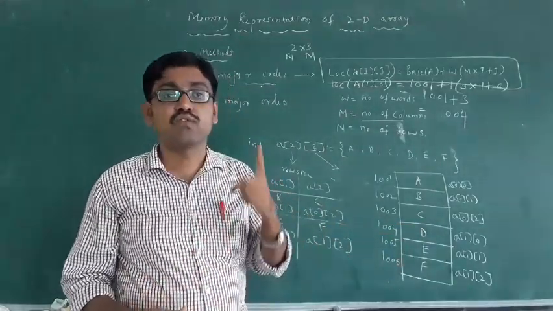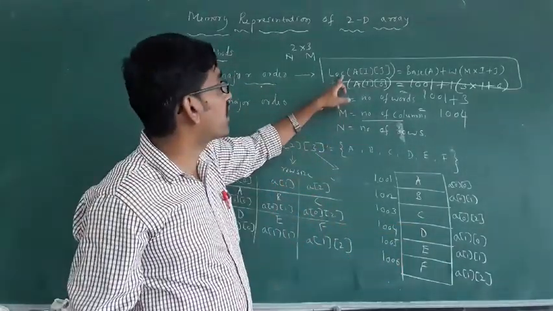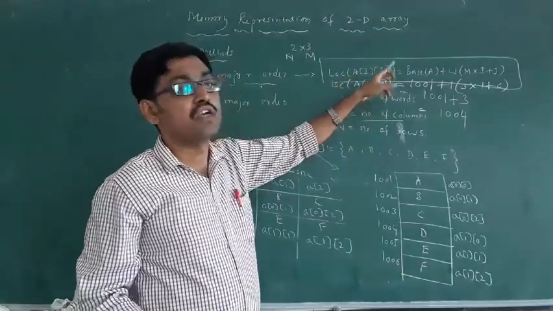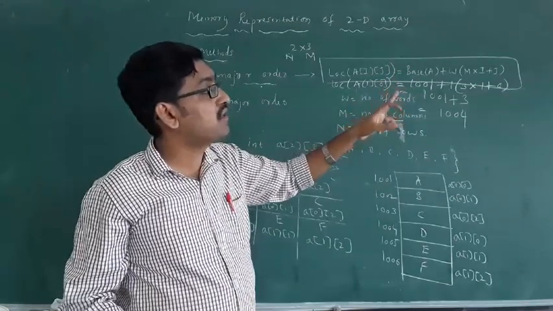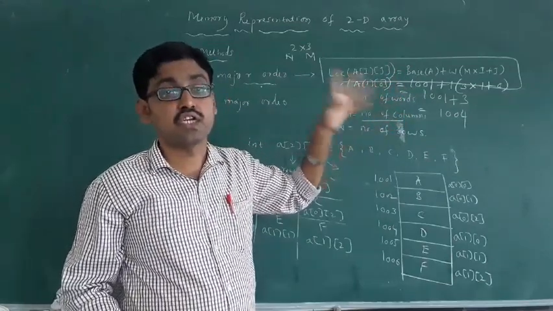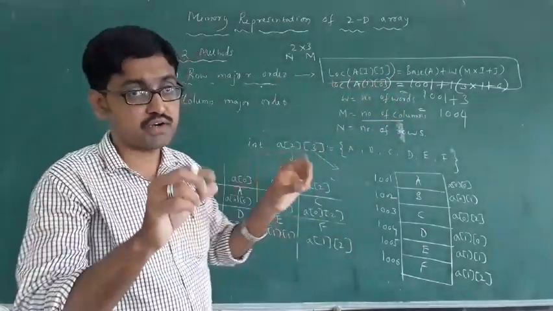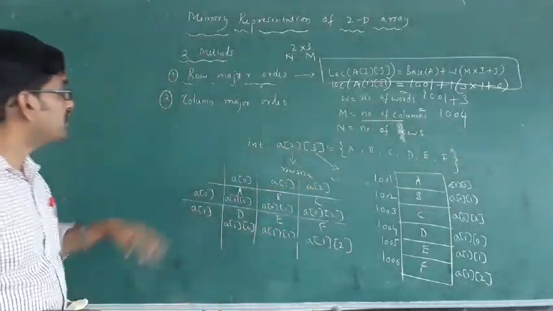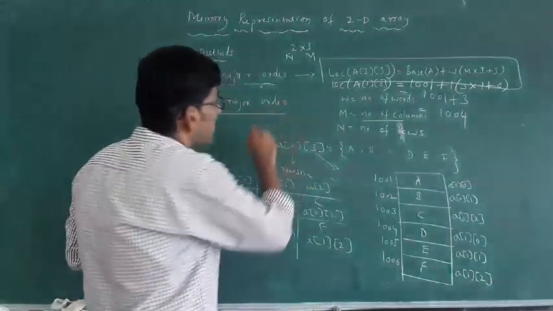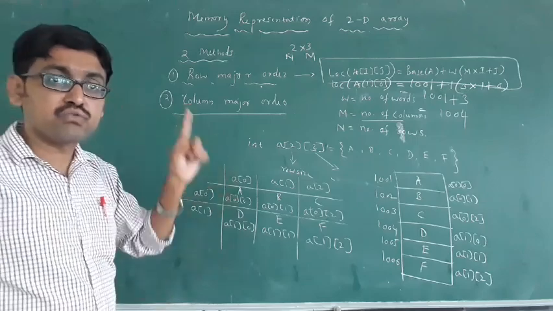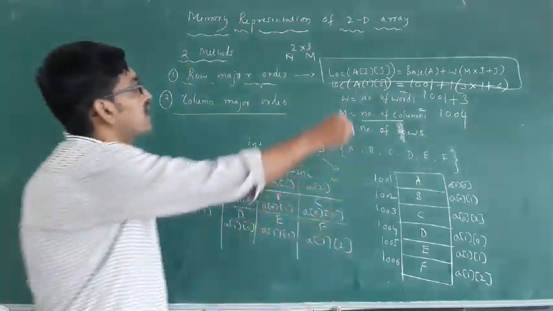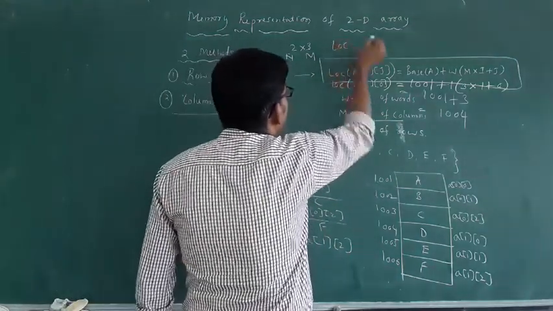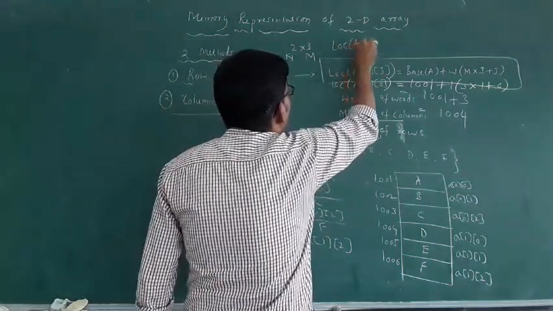Then you have to use one formula. That formula is: location of a of ij equals base address plus w into m into i plus j. You have to know this formula. Then the second one is column major order. I want to find the address by using column major order. Same formula you have to write. See, you have to use location of a of ij